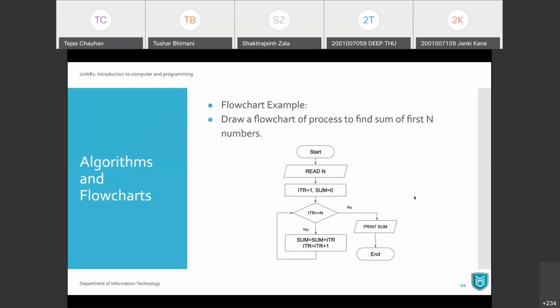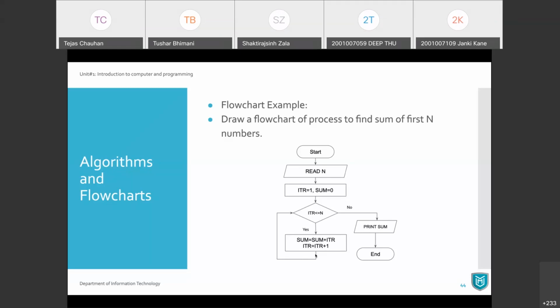Okay, so look, let us assume that n is 5 and currently ITR is 1. So 1 less than or equal to 5, yes. So you'll come here, sum is 0. So 0 plus 1 becomes 1, 1 plus 1 becomes 2. So your ITR is 2.